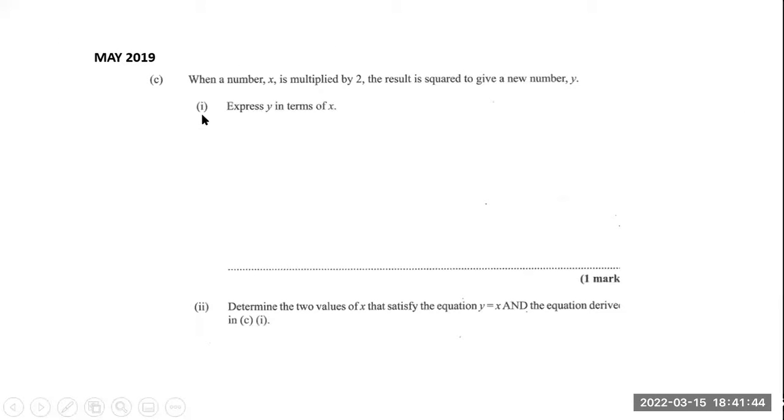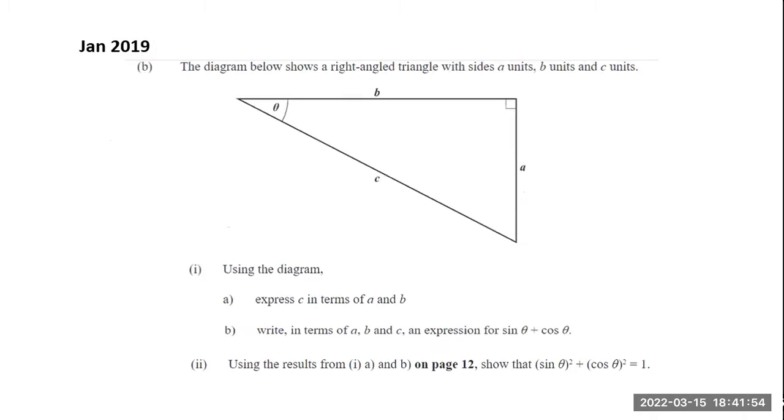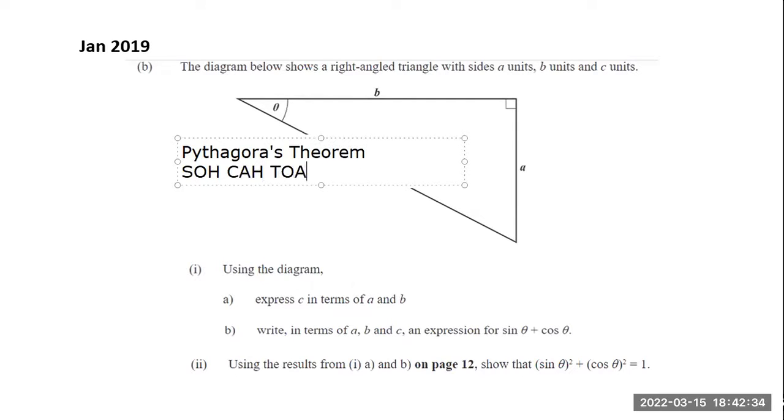Right, so we did all these. So let's do a slightly different question now. Now this question looks very strange and complicated, but it's actually not. This is using either Pythagoras' theorem or the trigonometric ratios. That's the biggest hint I'm giving you guys. It's a right angle triangle, so we are using either Pythagoras' theorem